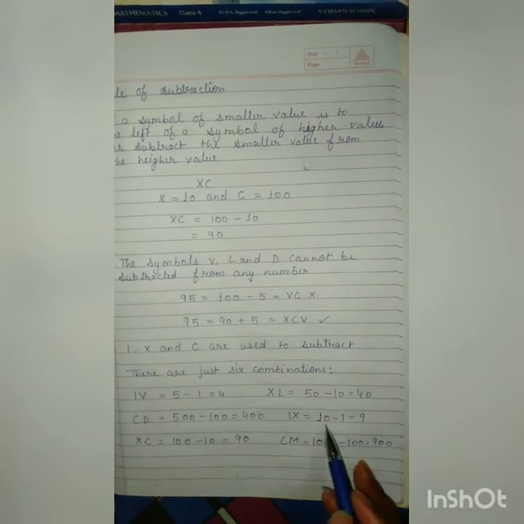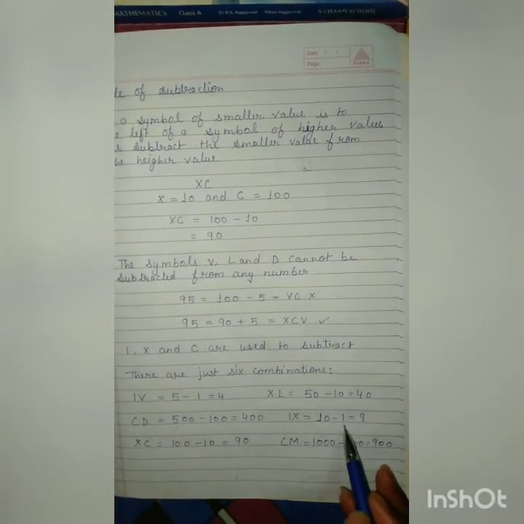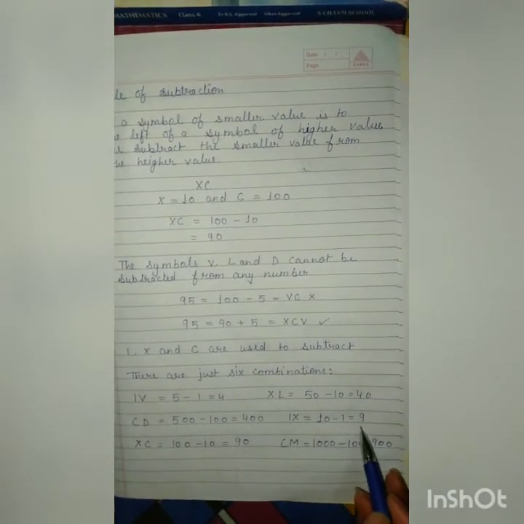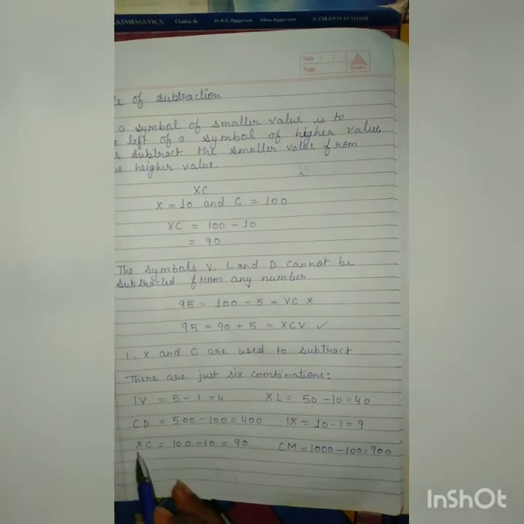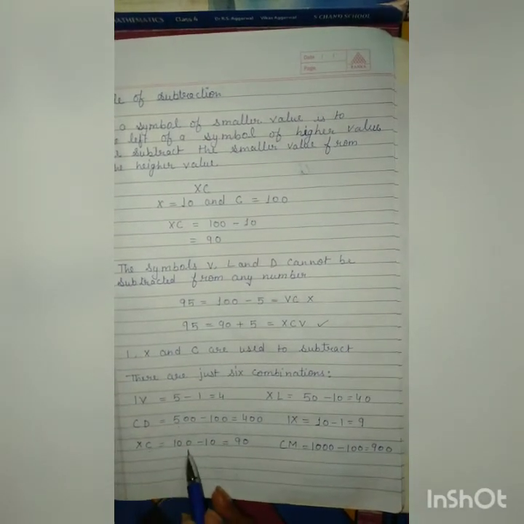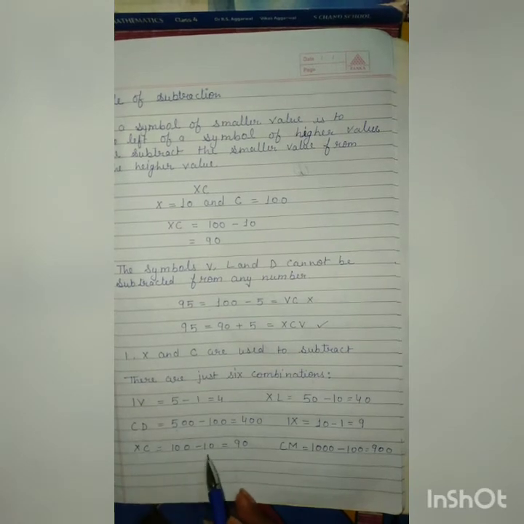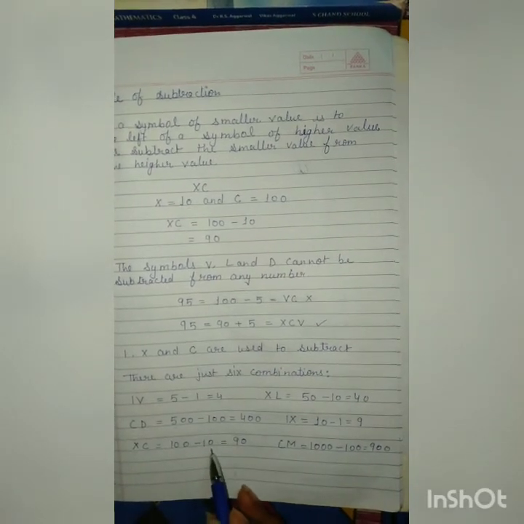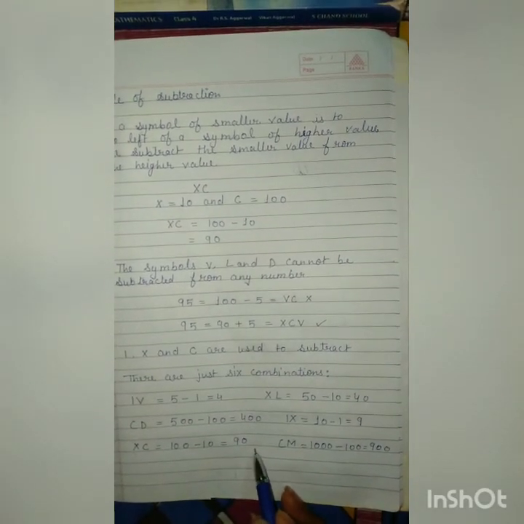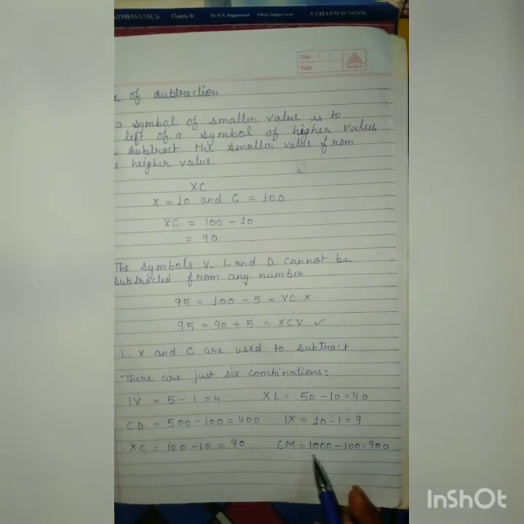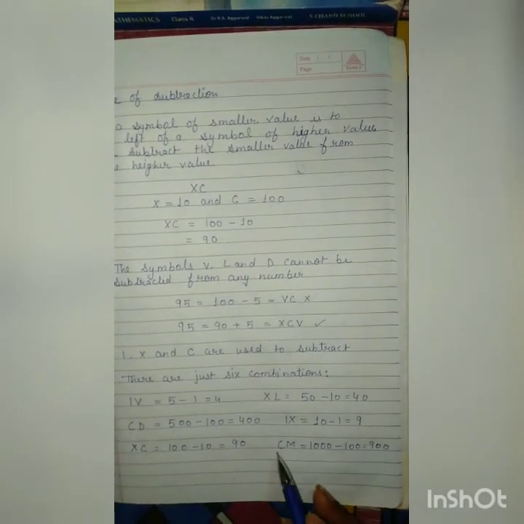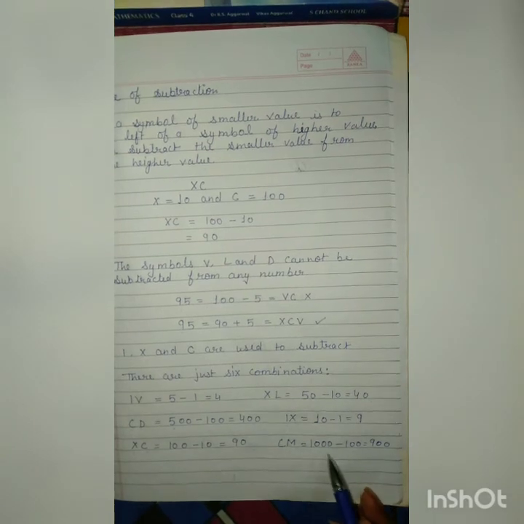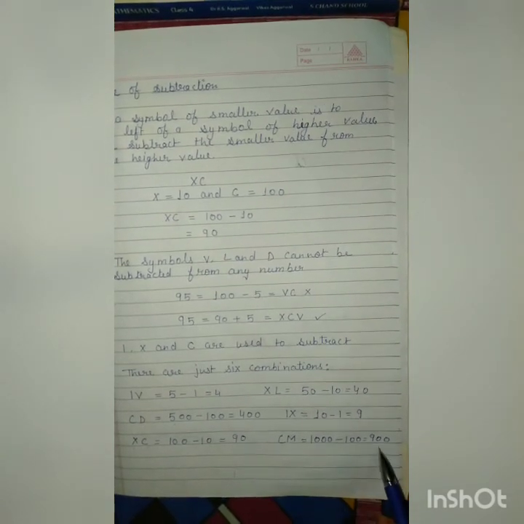IX: X represents 10, I represents 1, 10 minus 1 is equal to 9. XC: C represents 100, X represents 10, 100 minus 10 is equal to 90. CM: M represents 1000, C represents 100, 1000 minus 100 is equal to